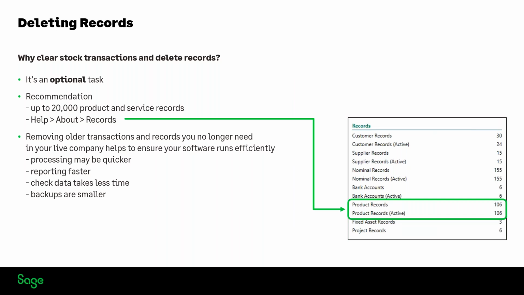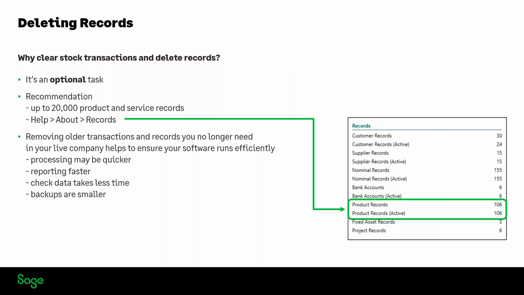There is a recommended limit for the number of product and service records that you have set up, which is 20,000. I don't think I've come across anyone anywhere near that, but it is obviously possible, but it is just a recommended limit. It's not a hard limit. So if you hit 20,000, it's not just going to stop there and then, but it will give you warnings